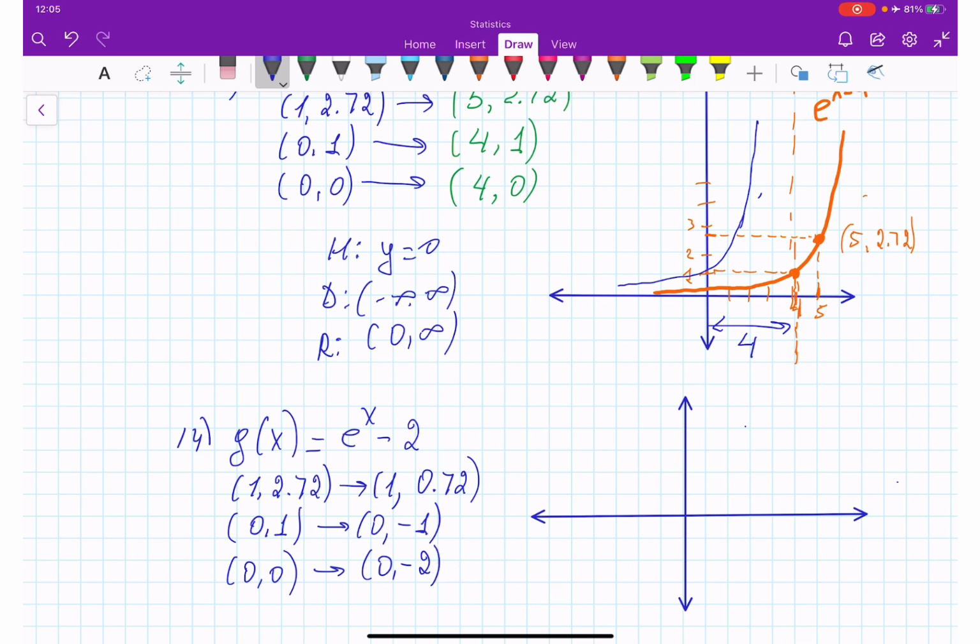So right away, I'm building this negative 2. So this is x-intercept moving by negative 2. This is going to be our new asymptote. Our 0, 1 becoming 0, negative 1. And 1 and 0.72 right here. This is 1, and this is our 1. So this is going to be 0.72. Okay. So the graph is going to look like